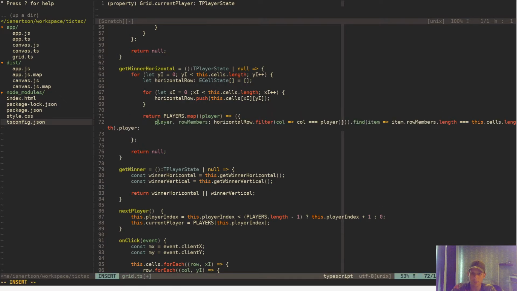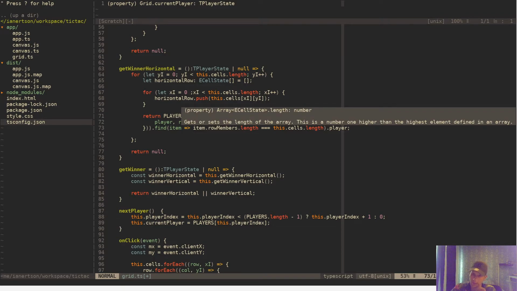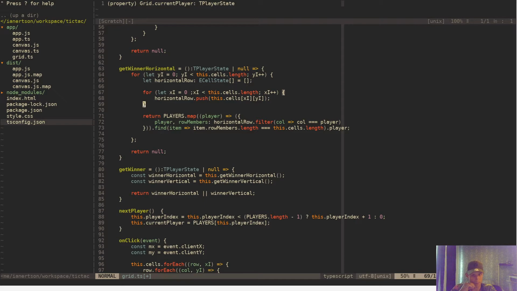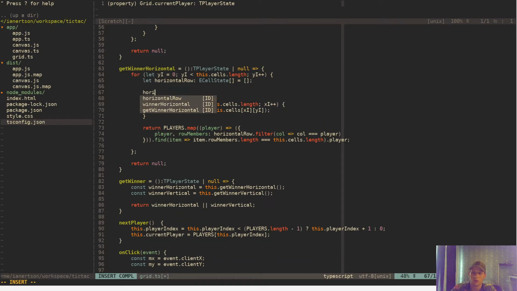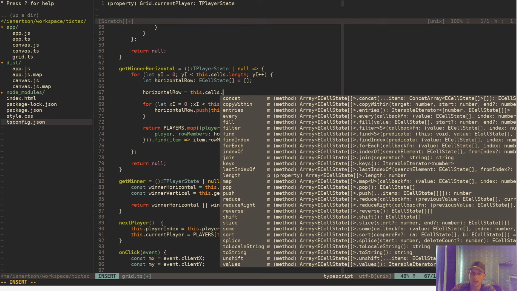So this is mapping it to this, and then we're finding it like that. And that should be all good. And I think we can do horizontal row. I think we should be able to simplify this. This dot cells dot